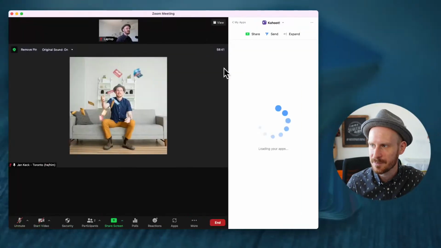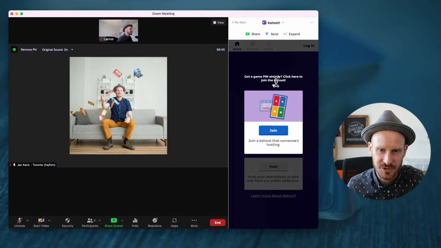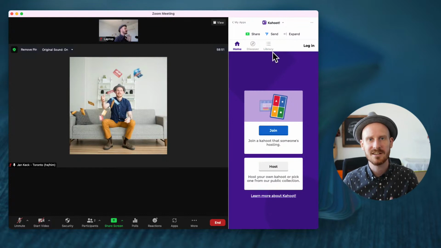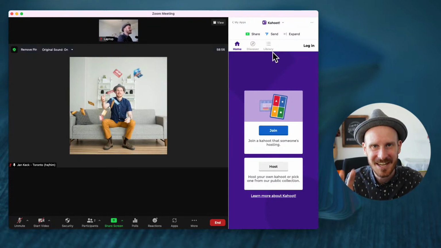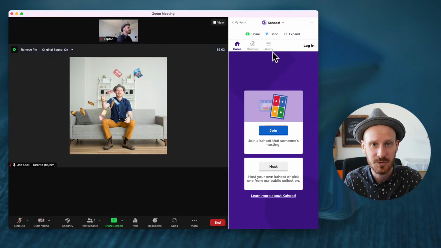Going back to the Zoom app. And now it's loading right here. So I can host, I can join, and this is how you install it on your own Zoom app. The second really important thing is if your participants need to have access to the app as well, you